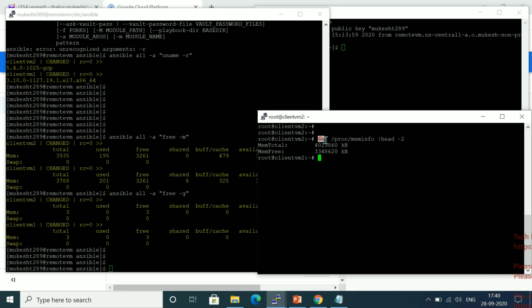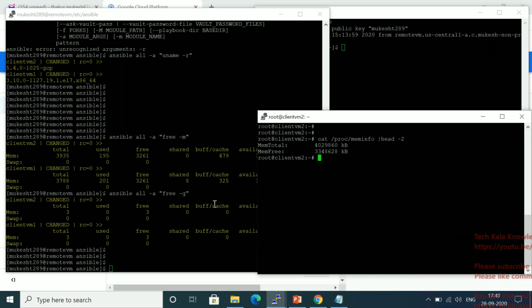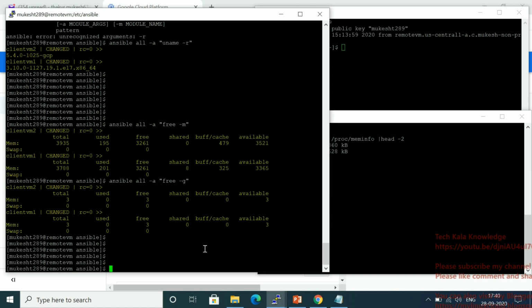You can see this command. So this is a command, right? Because I want to use it in an Ansible ad hoc command. Okay, so how we will use? Let me show you this command. So what I have to do again?